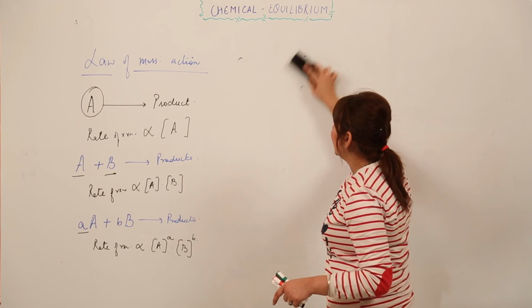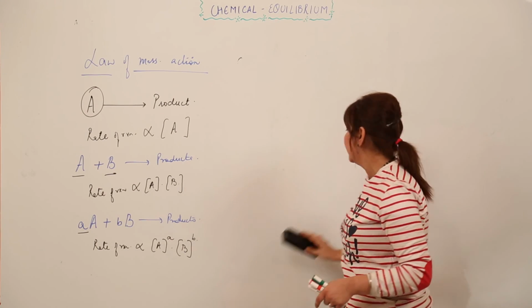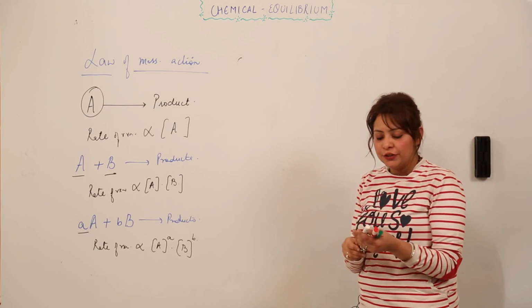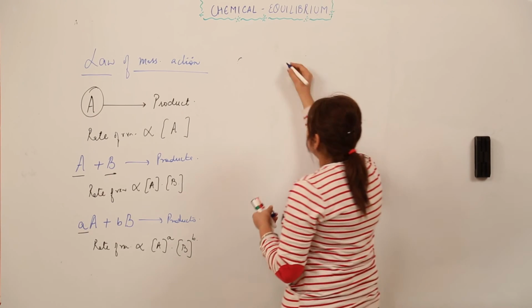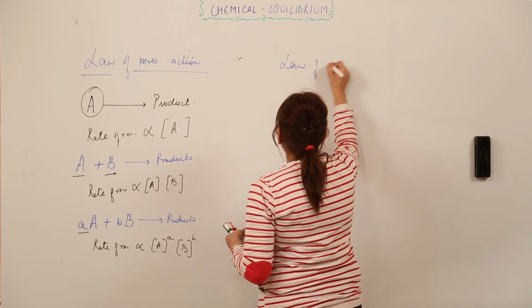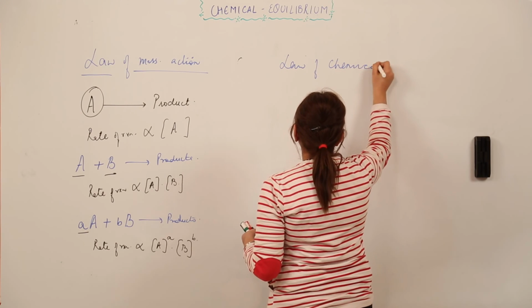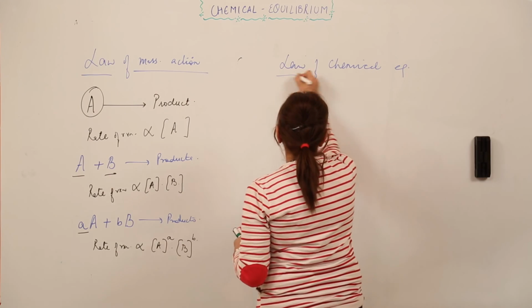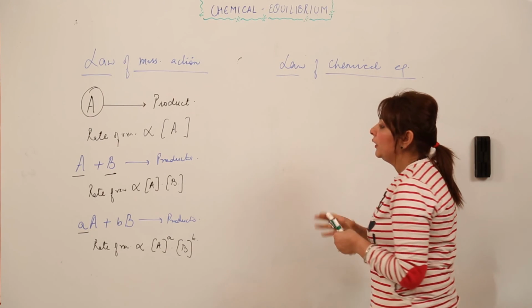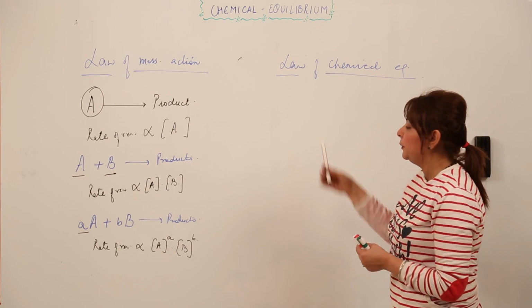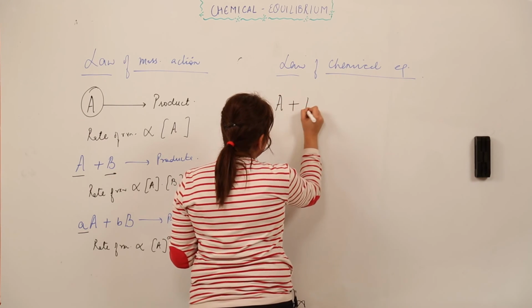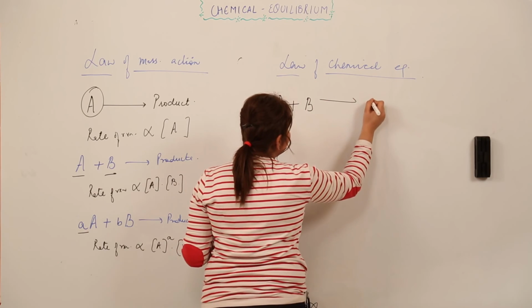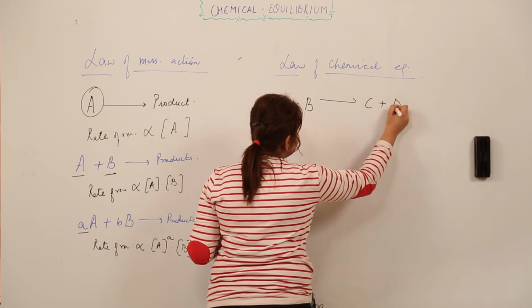So now we'll be deriving the law of chemical equilibrium as well. It is actually a quantitative relationship when the reaction achieves an equilibrium. So we are doing the law of chemical equilibrium, right? Now what happens in this case? To explain this, I am taking an example. Look at the board. A and B are reactants. They are uniting to form C plus D, right?